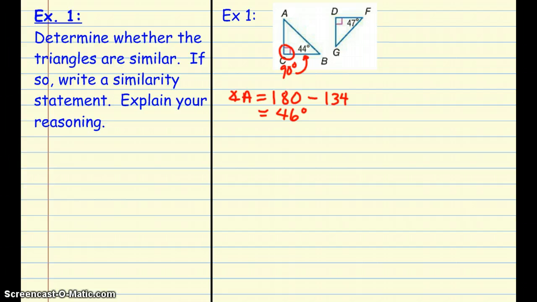Okay, and then we can do the same thing for this other triangle. I've got this right angle, so 90 plus 47 is 137. And to find angle G, we can take that 137 away from 180, and we end up getting 43 degrees. And did we get the same angle measurement? No, we didn't. And we can say that they are not similar